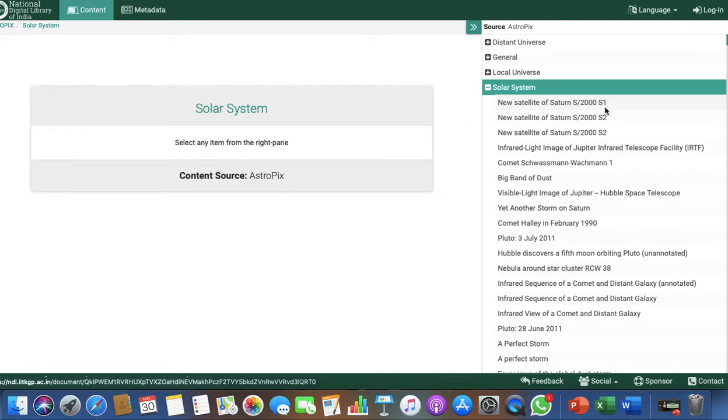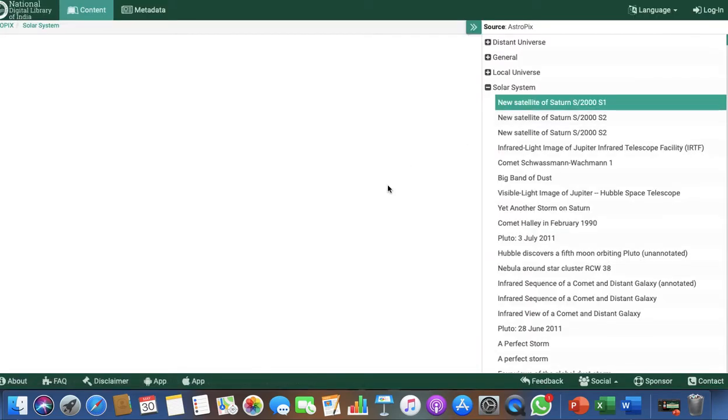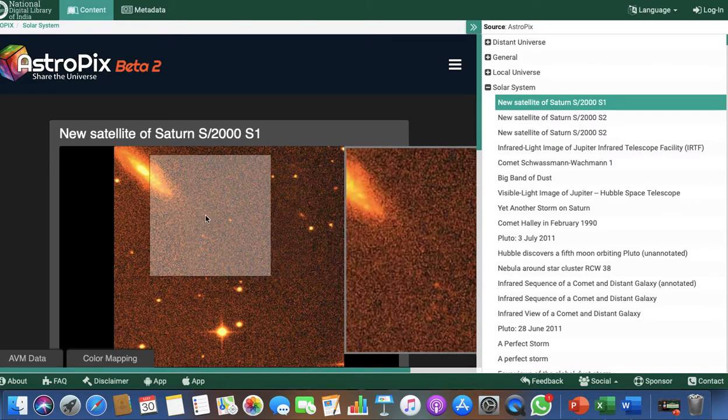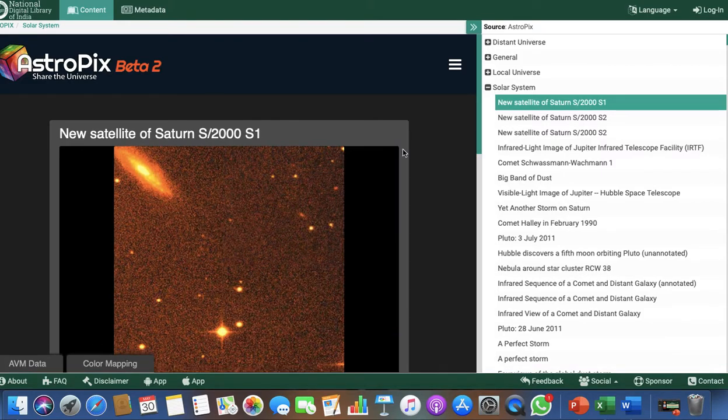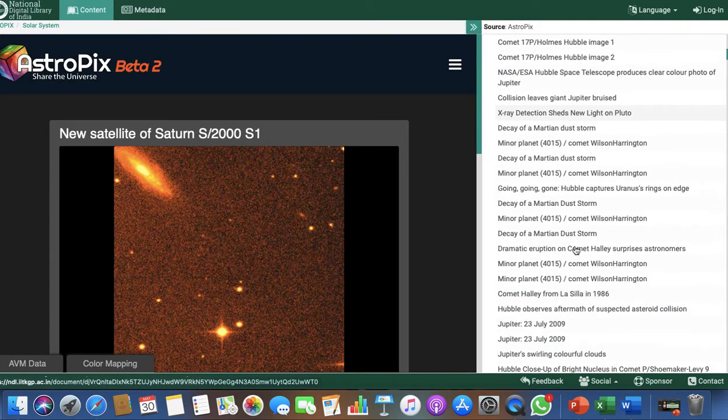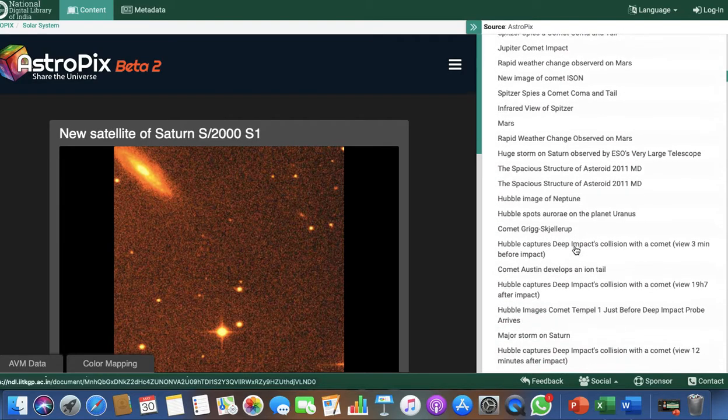Click on those tabs and you will be directed to pages where you can see how it looks. The source is also mentioned here, it is Astropix. Similarly, you can scroll and get to those pages, pictures or charts, whatever they have uploaded here.